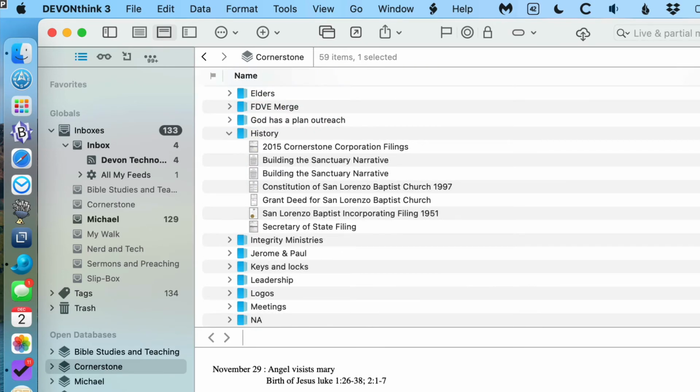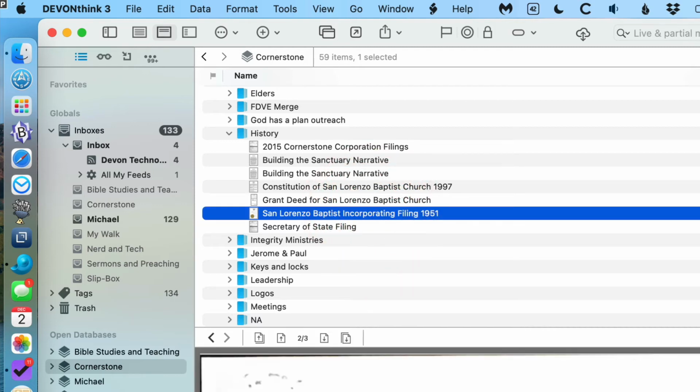People always want to know, are we incorporated, and what's our deed look like, and what's our constitution look like, and when did we build things? And the people are usually in the county or banks. And so all the documents that I need, I have taken all the historical documents and I have scanned them into a PDF and I put them in DevonThink. And so the incorporation filings of our church, I can show the bank that on my phone, if they want to see it.